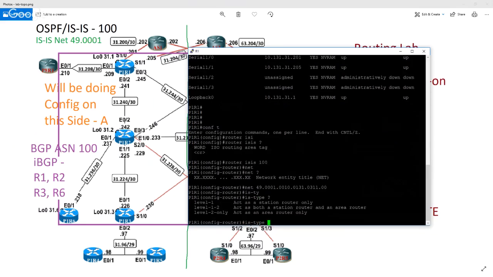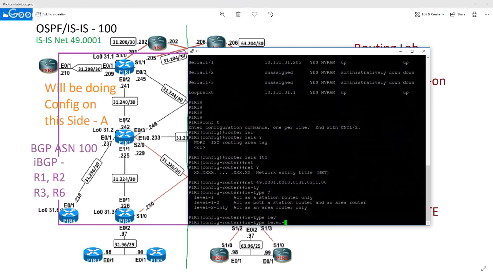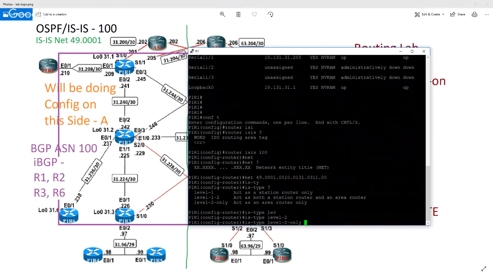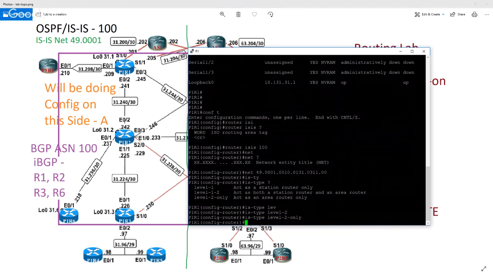As I said, there are a couple of IS-IS types that you can configure: level 1, level 1-2, and level 2 only. In this case, we are only working with level 2. So I'll go ahead and say level 2 only. Now we will be using the